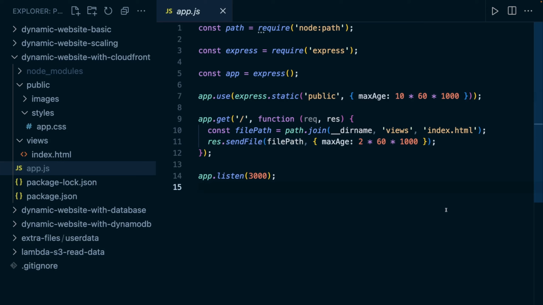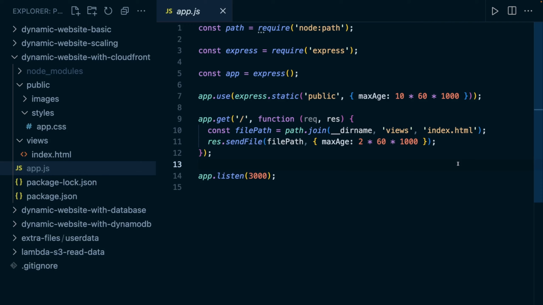And this will be important for the CloudFront service because that service will take a look at these headers and then cache the data on these edge locations for these periods. And after this time span here, it will fetch new data from the so-called origin. So CloudFront will reach out to your web server and get the latest data whenever this period is exceeded, and then it will cache that newly fetched data for that period again. That's essentially how CloudFront will work.